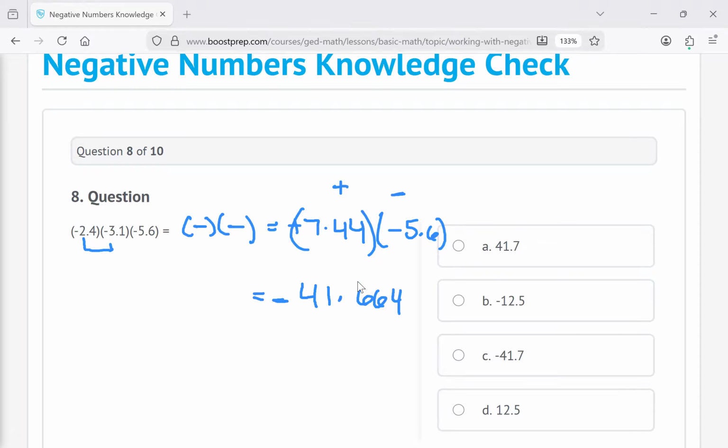41.664. And it looks like they round to the nearest tenth. Look at all the choices. They round to the nearest tenth. They'll tell you if you need to round, but yeah, we round to the nearest tenth. So the tenth is a six. You look at the neighbor. If it's five or beyond, you do round. Six is definitely five and beyond. You do round it to 41.7. There you go. They're very easy. Oops, almost said A, but it's actually